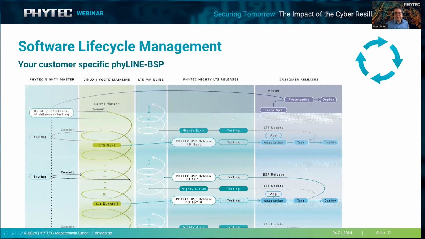We make all the adaptations for this release to run on our hardware, and we call it a PHTEC release. But it's actually a mainline LTS release, which is just being modified to run on our hardware. And then we test it. And this is the customer column, being transferred to the customer. So you can take these releases, they are pre-tested, add your application, add functionality, packages and whatever, and test the whole thing. And then deploy it to your device.